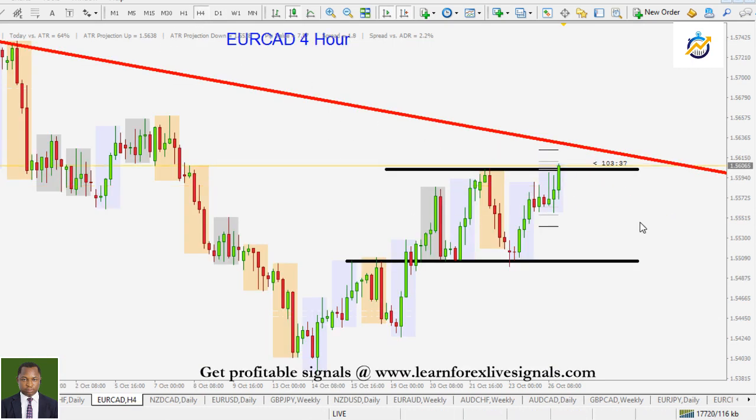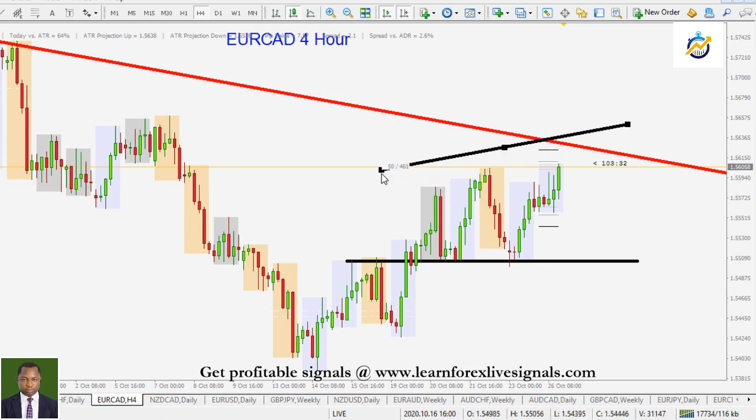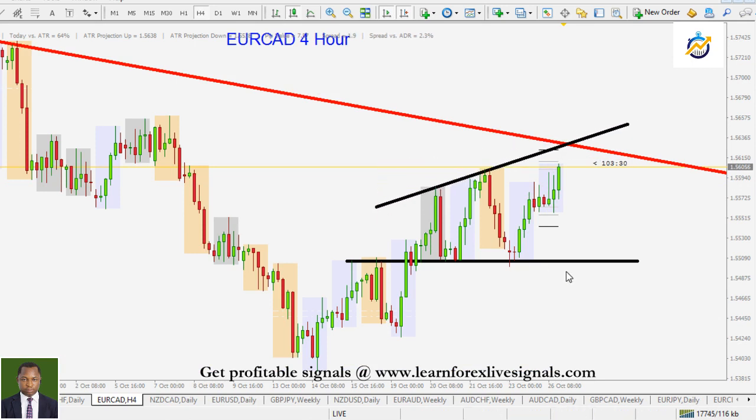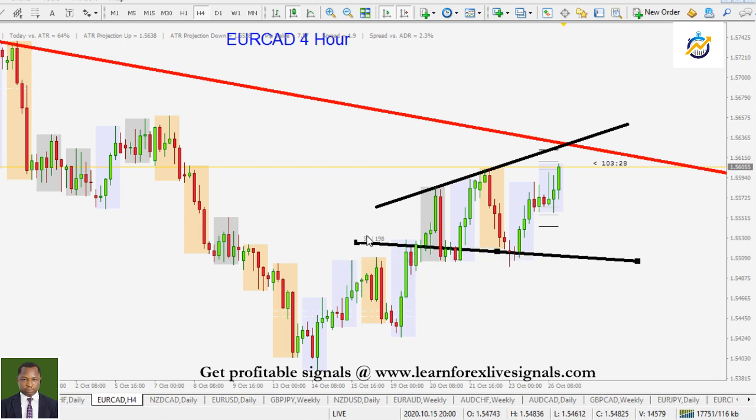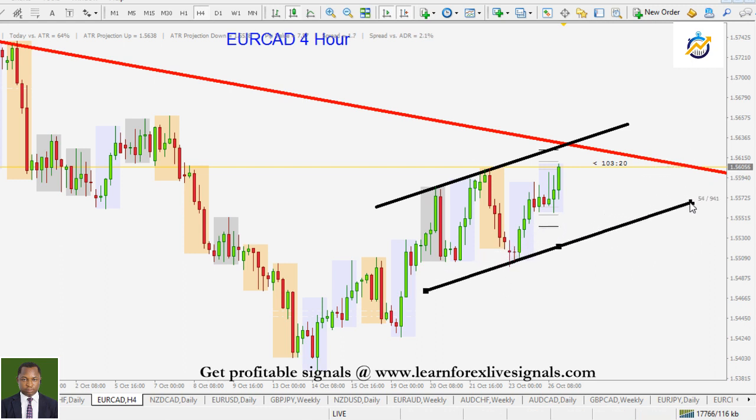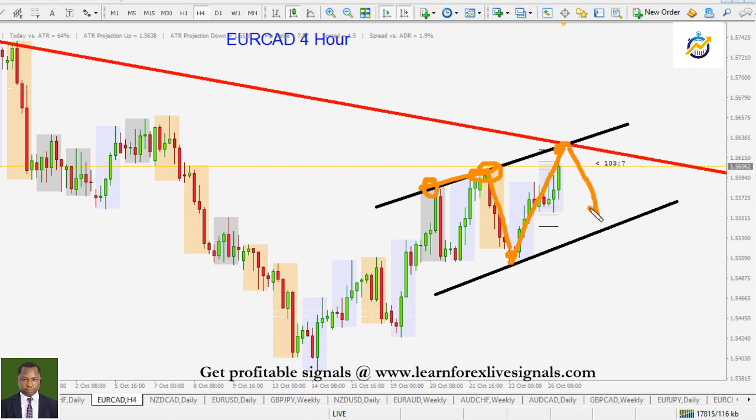All right, nothing much. I just want to redefine this level. Seems price is trying to... This is really not clear yet. Or we may be having a possible channel formation. Okay, this has been retested twice. An extension may be having resistance there. Okay, this is likely going to be resistance.